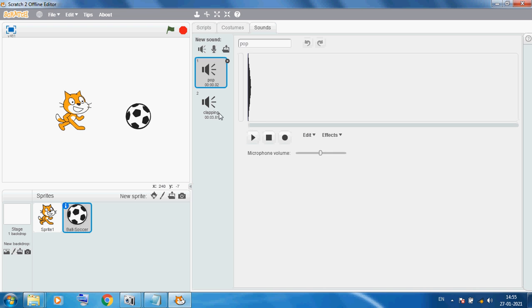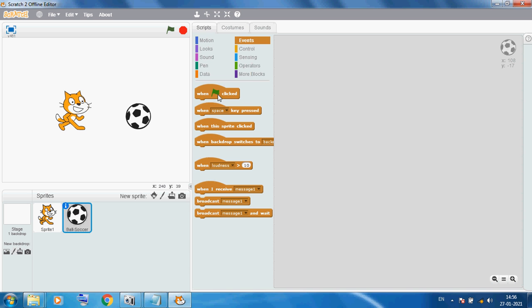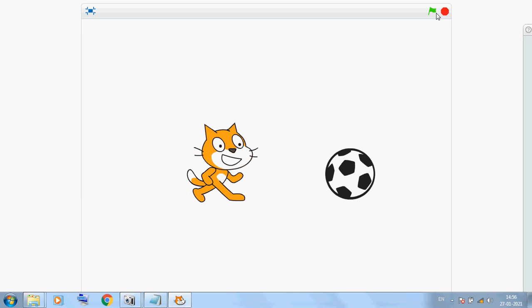So we can use event, and here I am using play sound. When you click, it automatically plays the sound. Now we can see it in full screen. When you click, it will give the sound also. Students, now we can stop this and close it.